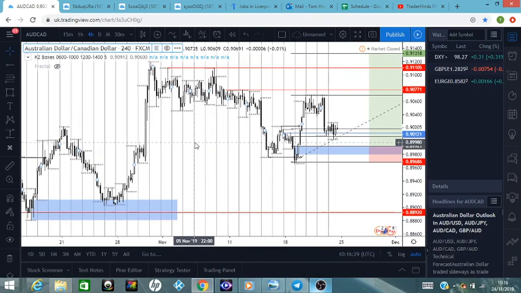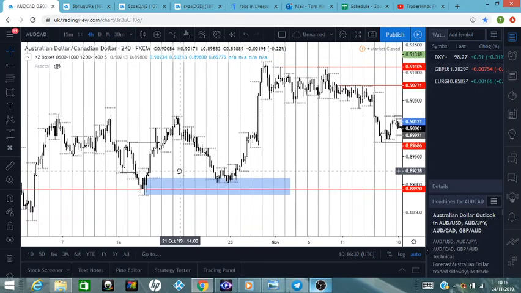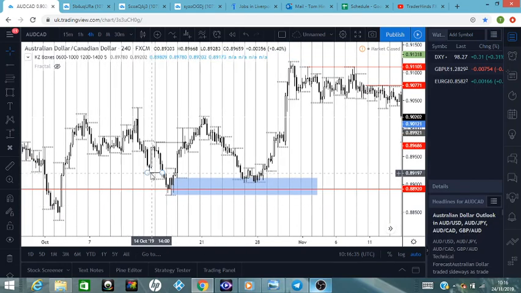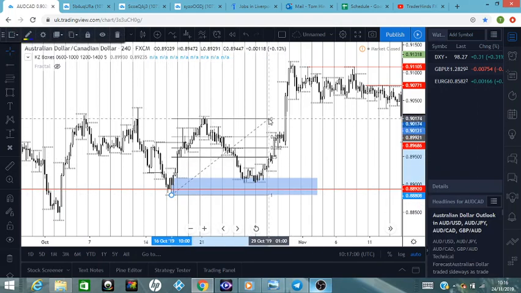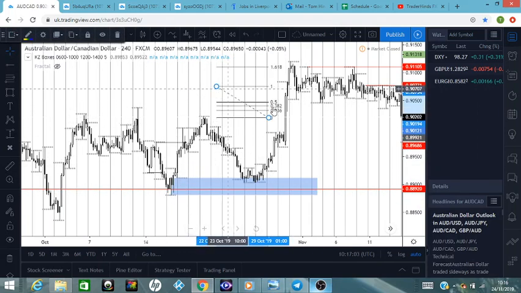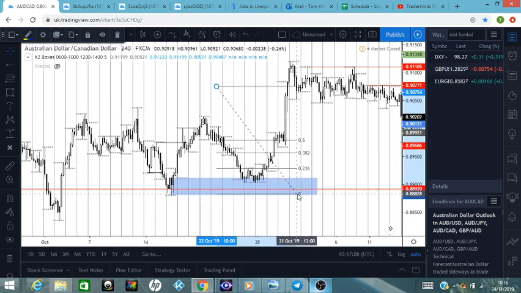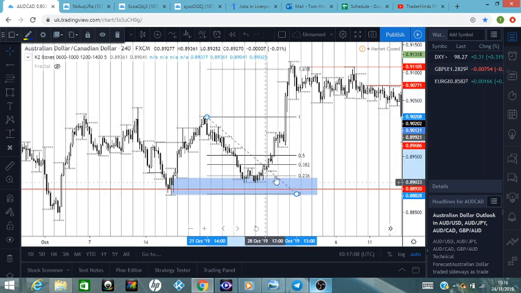This pair seems to respect order blocks quite strongly. Here's another setup. We took previous day's low, rallied away, broke market structure, returned all the way down. If we can get the fib to discount prices,